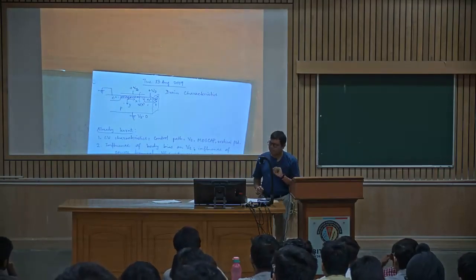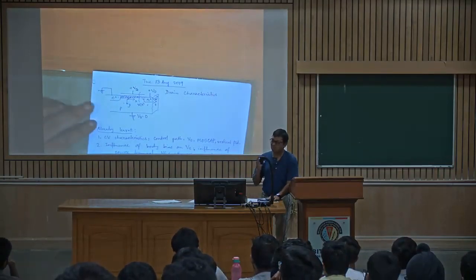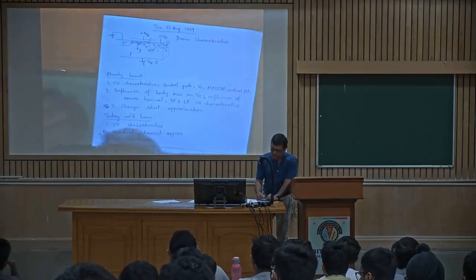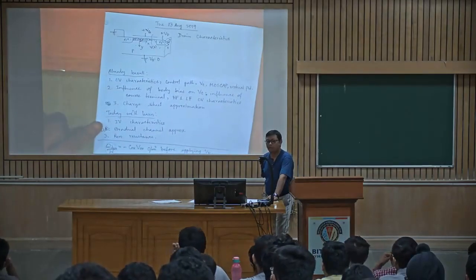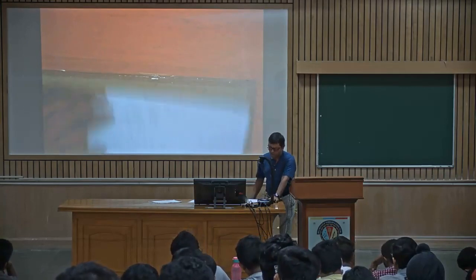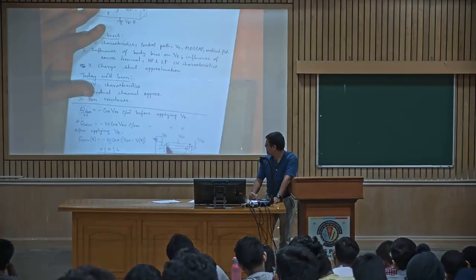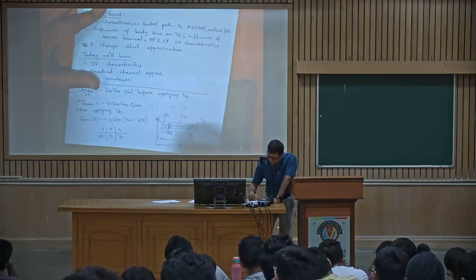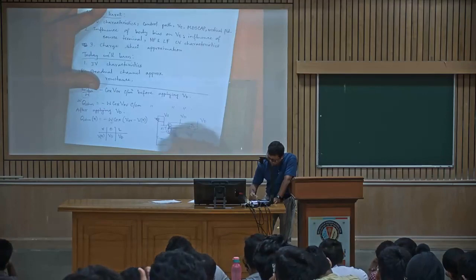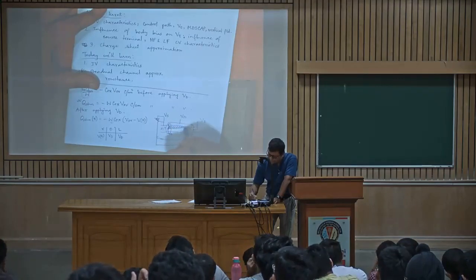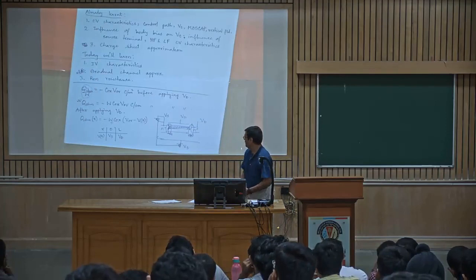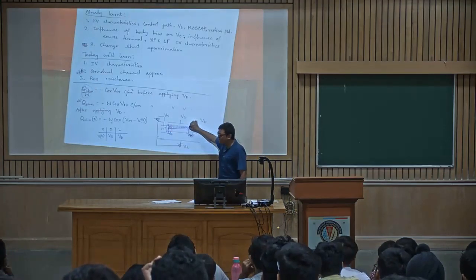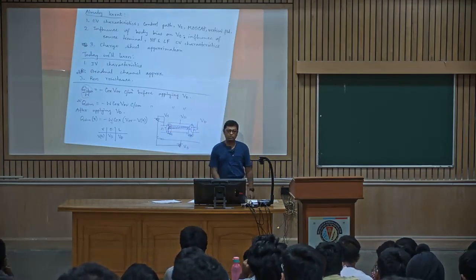What they do not explicitly mention is that this is actually the gradual channel approximation, meaning that as we go along the channel from x equal to 0 to L, the influence of Vx is simply going from Vs to Vd, like that. Everyone with me? Meaning it is only linearly varying along the channel distance.